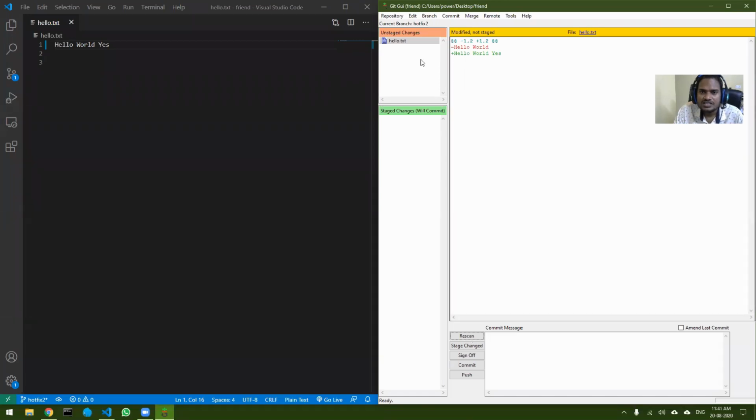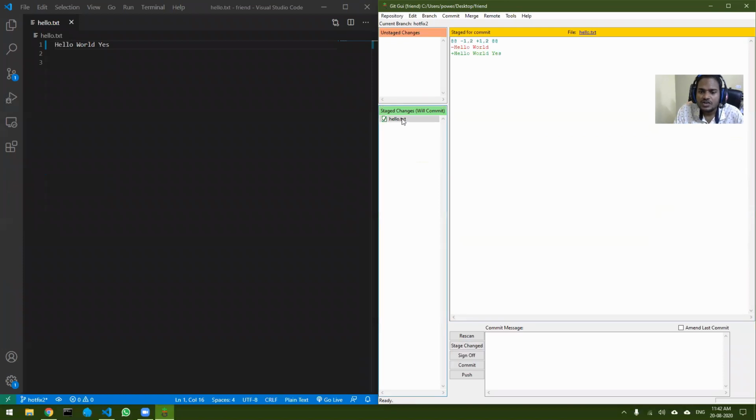This is telling you that the hello file has changed. And the beautiful part about the GUI is it also tells you what was previously there in the file and what has changed now. Once you are okay with whatever is done, you can click on stage changed. The file goes from unstaged to staged.